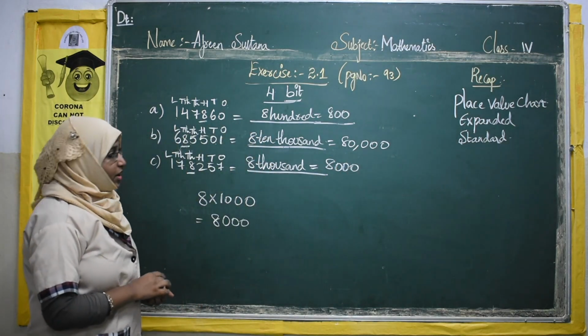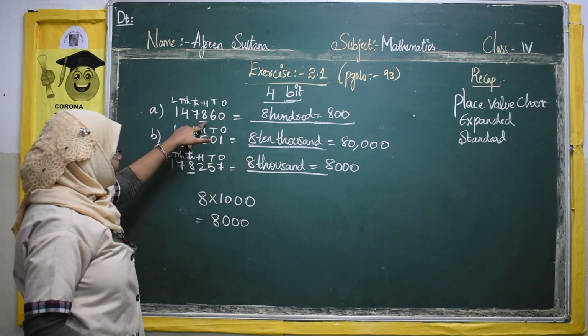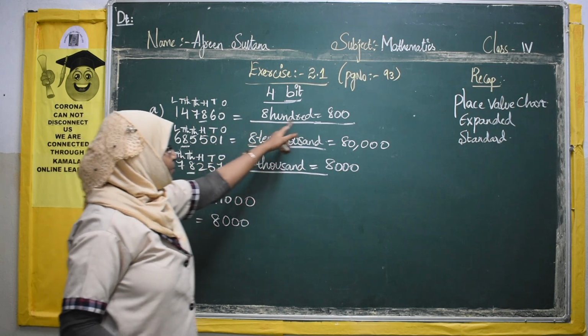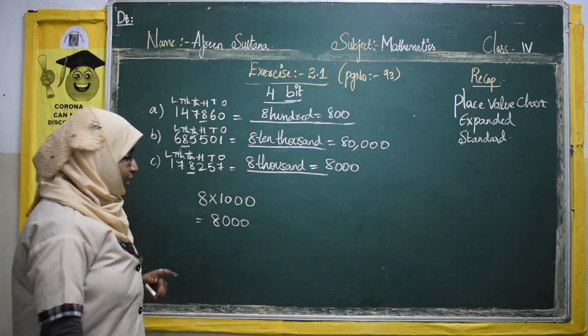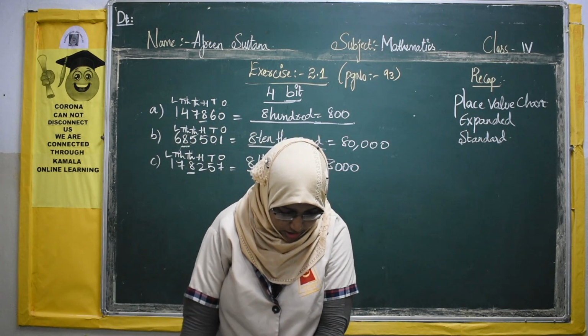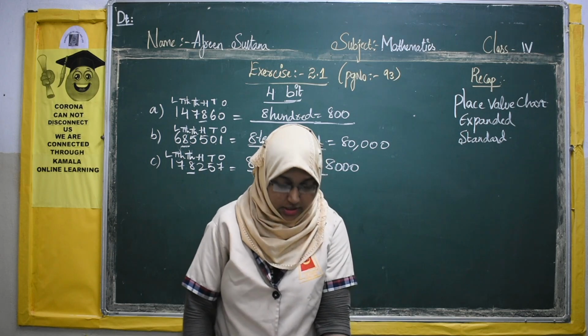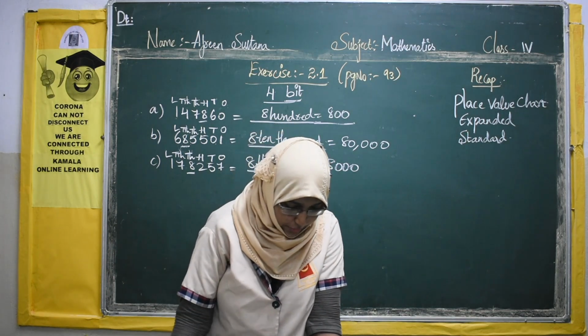Okay? This is where we will write, first you write down the place values on the top, and then check which place the 8 lies in, then multiply the number and write it here. Right? Now let us move on. The remaining three, D, E, F, you can try it. Now the last bit in this exercise, fill in the blanks.